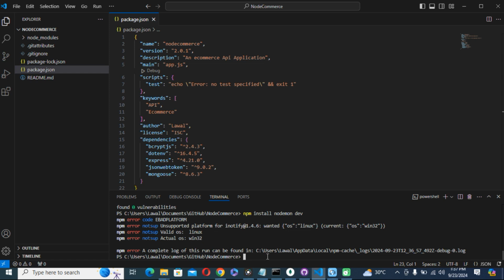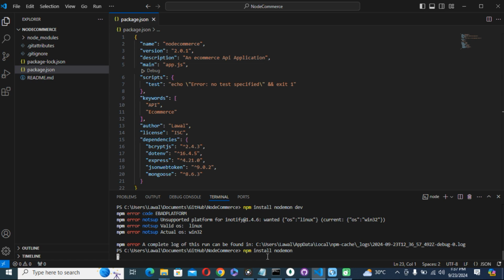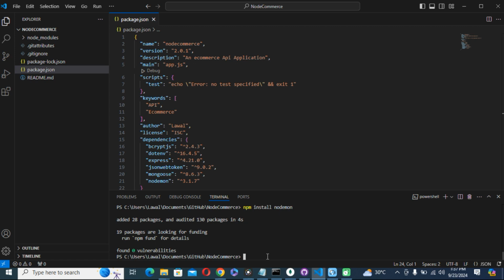Okay. npm install nodemon. Then nodemon is installed. Alright. Now that we have installed all the dependencies, let us go ahead and